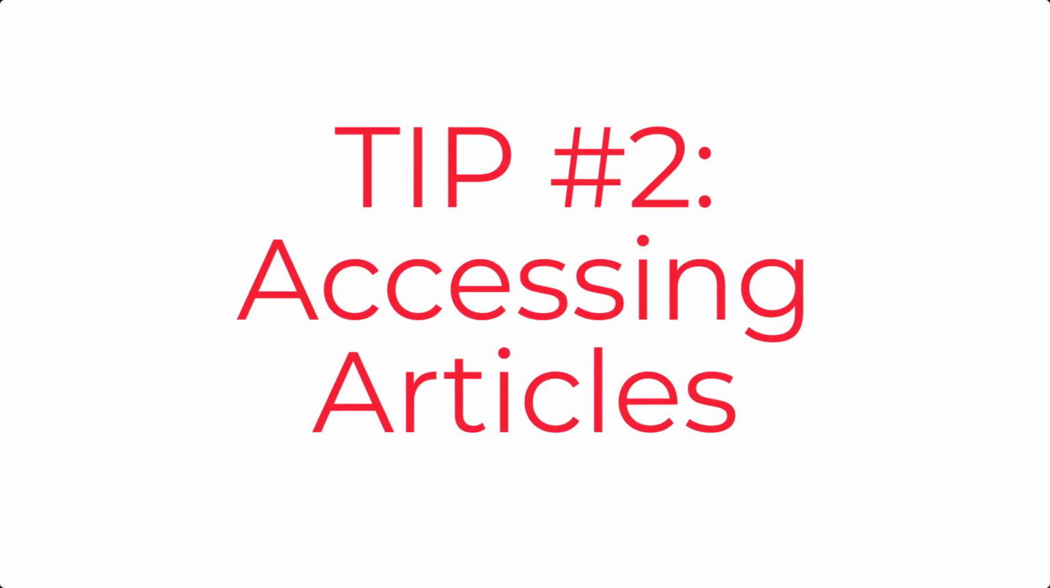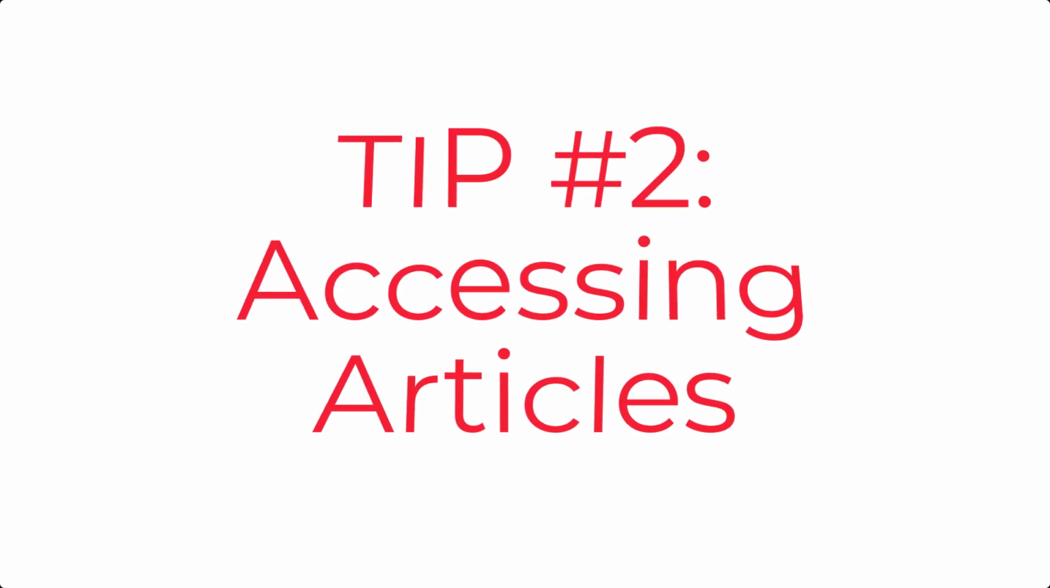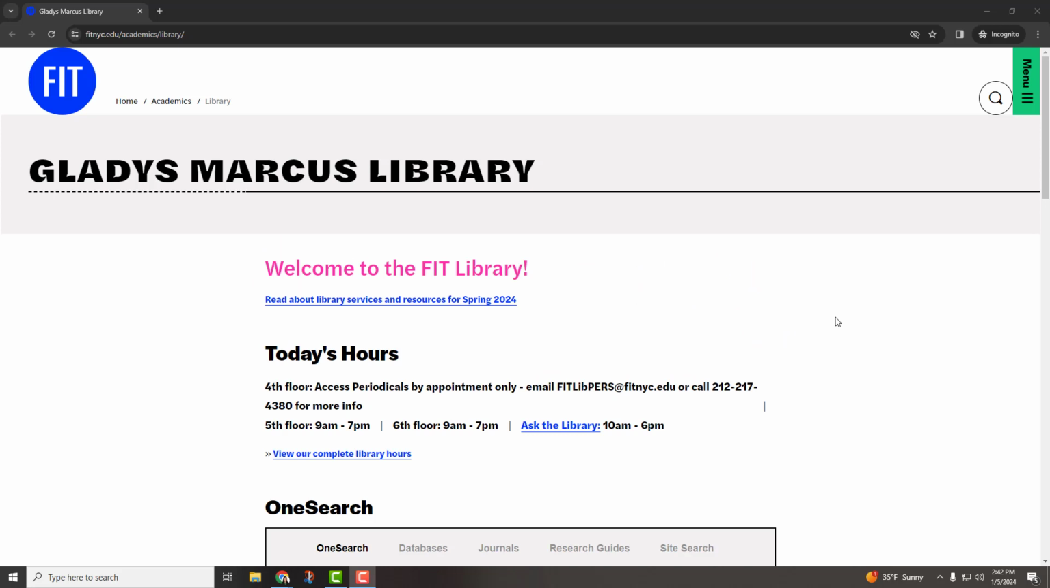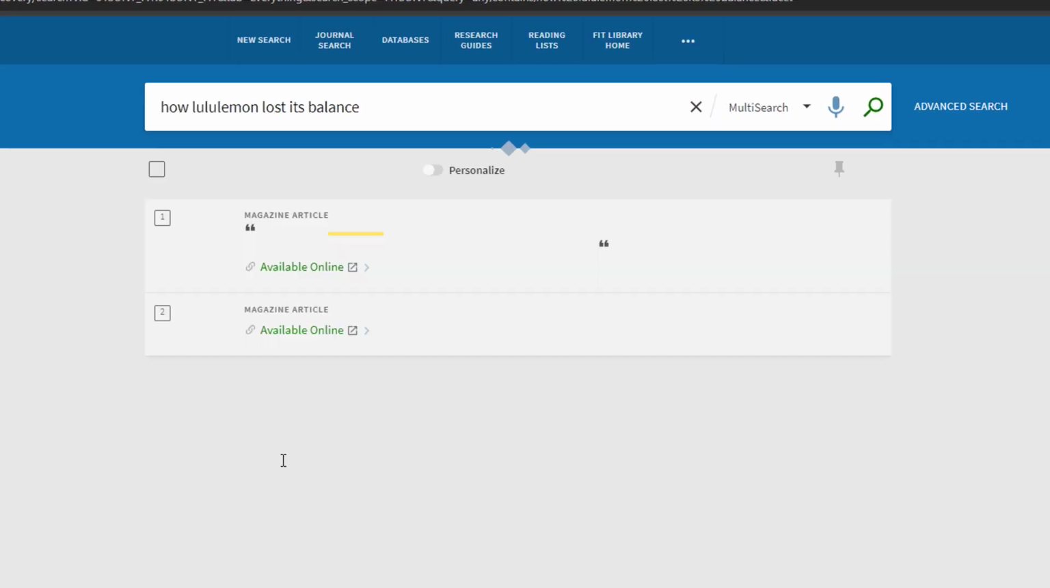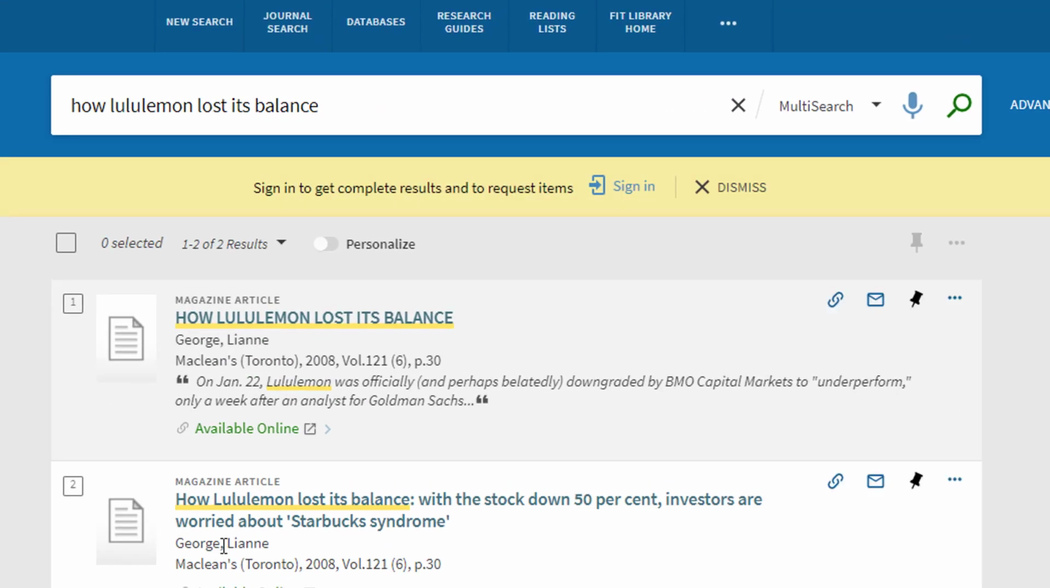So I just showed you how to access the database while on campus. Now we're going to talk about how to access an individual article. So you're going to go back to the library homepage. You're going to go to this blue box, One Search, which is our library catalog. You're going to stay on this first tab, and you're going to type in the name of the article that you're looking for. So I'm looking for this article, How Lululemon Lost Its Balance. Hit enter. And when I see my article in the list of results, I'm going to click on the title,